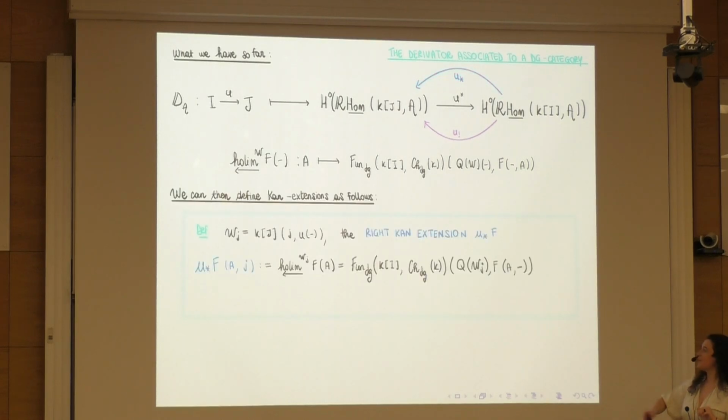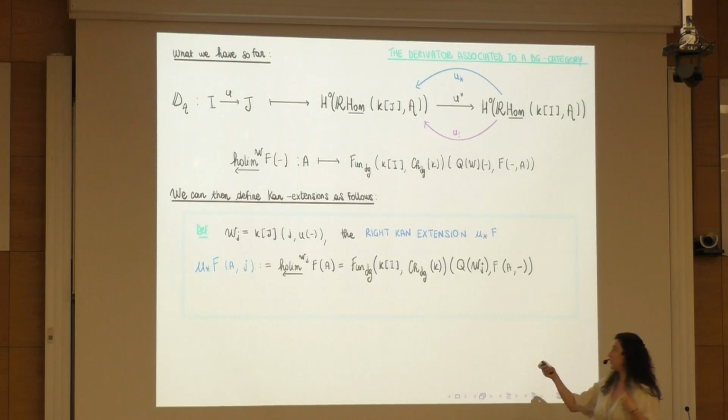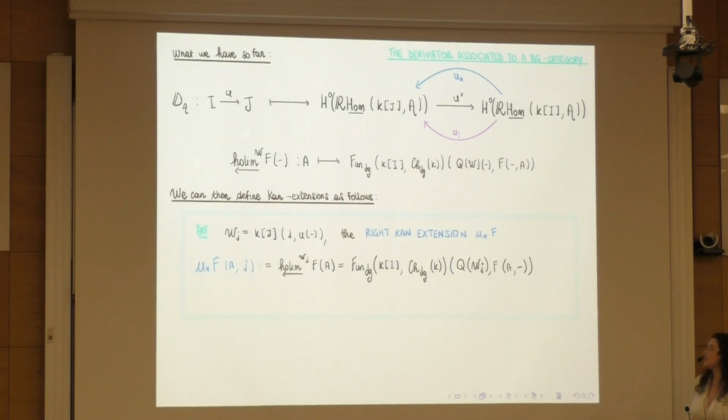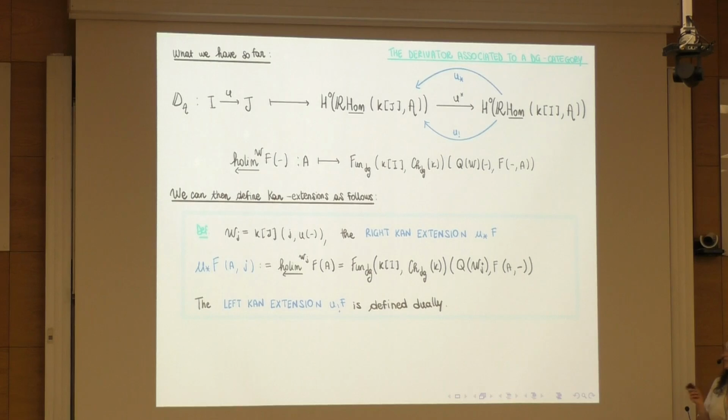in the weight? By defining, so for any small objects j and j, my weight will be the functor which is precomposed on the right with u, and where I fix the first coordinate to be j. And then at this point I define the right Kan extension of f along u, evaluated in a and j, as the homotopy limit of f of a, where the weight is wj. And dually, of course, I can define the left Kan extension.